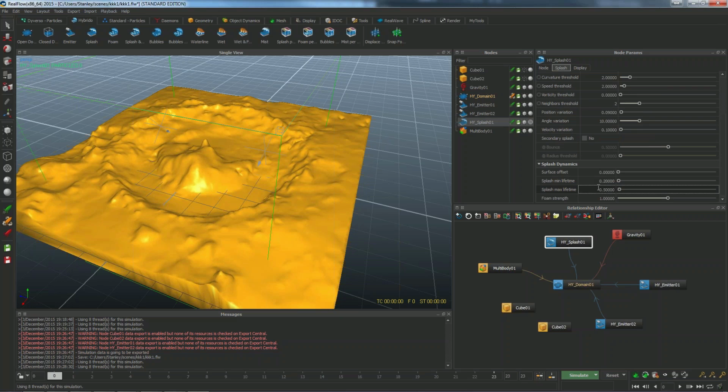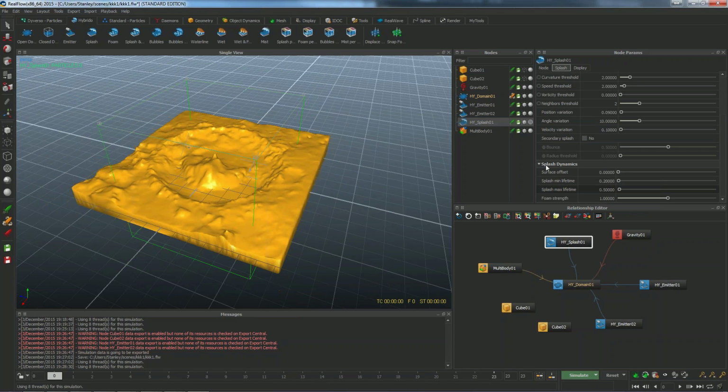Okay, so it means that the particles are going to be in the scene for this time. Okay, 0.2 is maybe if you multiply the frames per second by this value, the particles will start to die in 15 frames. Okay, so